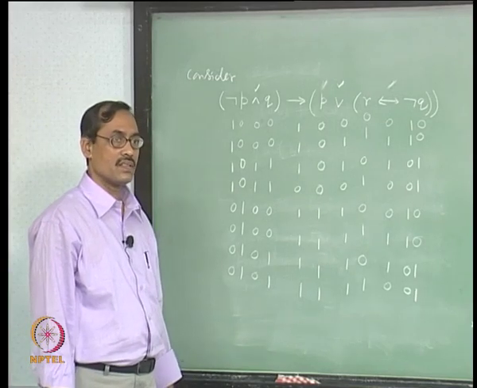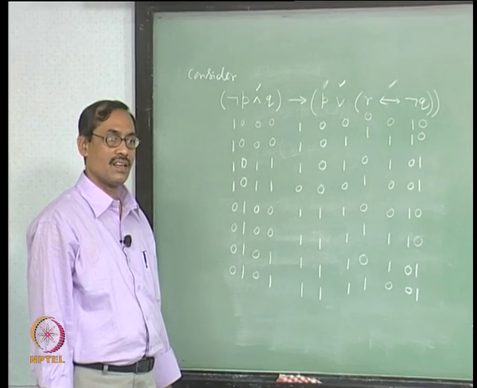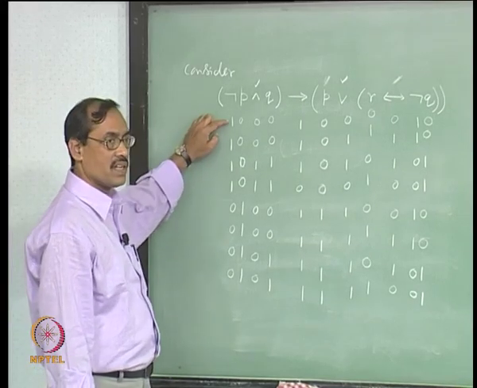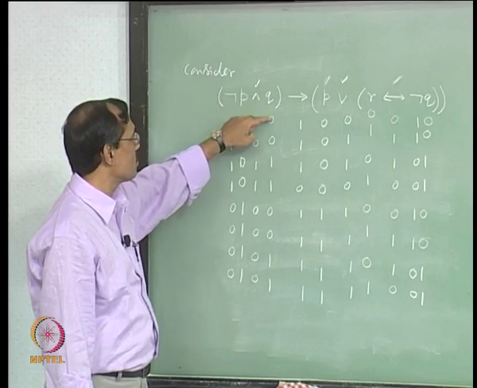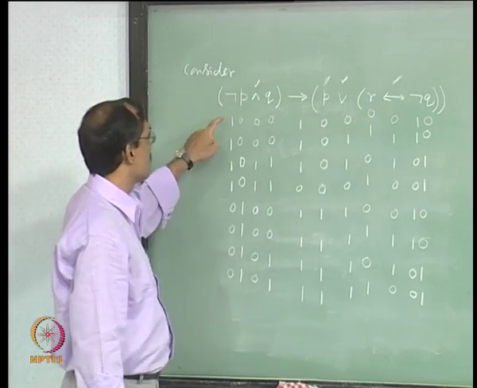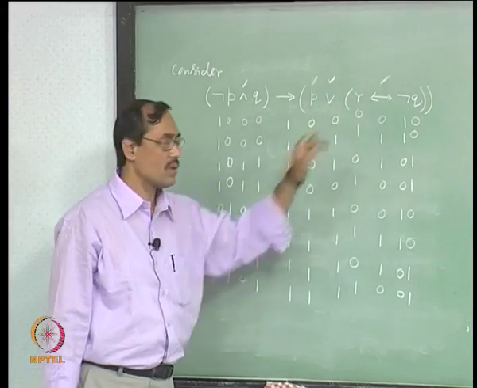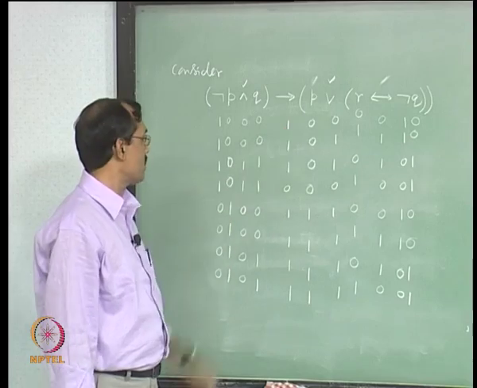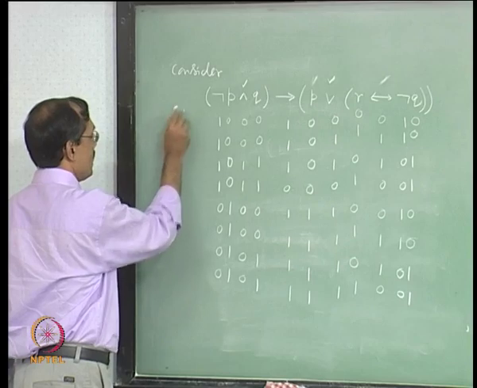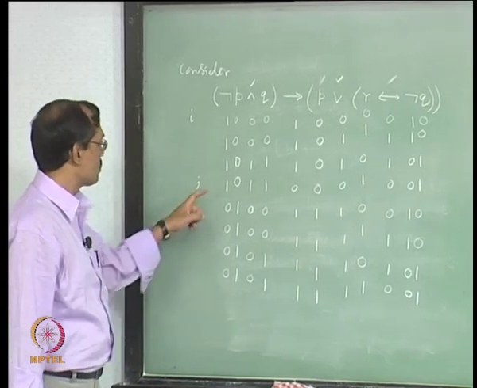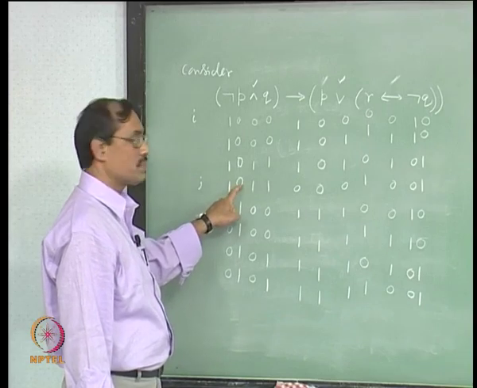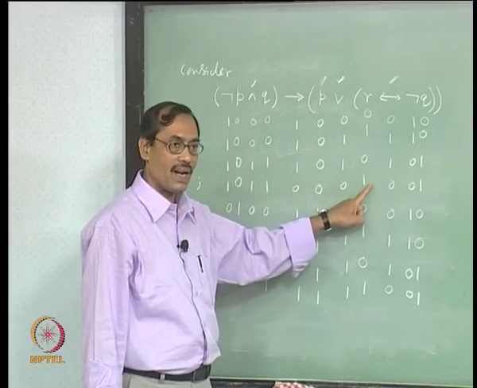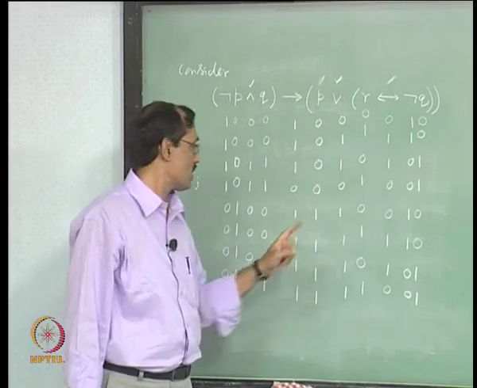So, what does it say to us? Why the truth table at all? Well, it tells that if I is an interpretation which assigns p to 0, q to 0 and r to 0, then that I assigns this whole proposition to 1. This is what it says, fine. Similarly, let me say this is I and this is J, this row. So, this says if J is one interpretation which assigns p to 0, q to 1 and r to 1, then it assigns the whole proposition to 0,